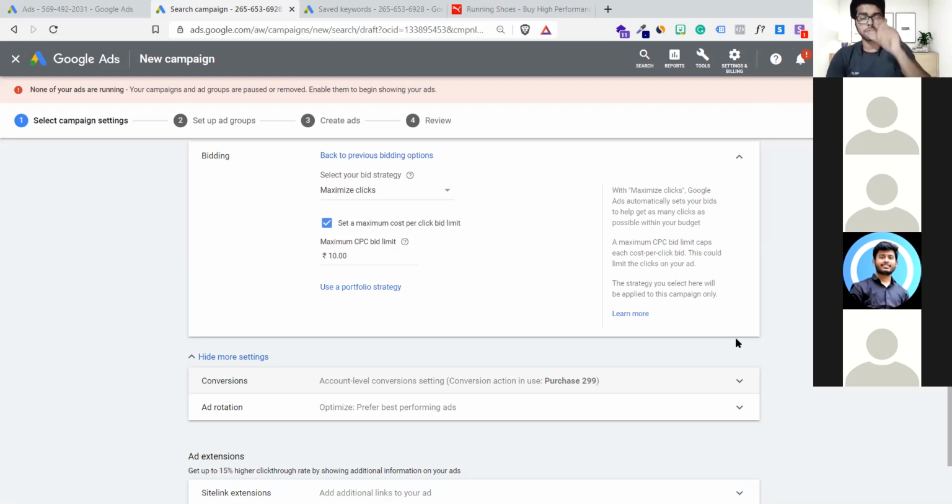So if your maximum is 60 and minimum is 6, at least you should pay 15 or 20 rupees initially to be in the market and to get some clicks. Otherwise, you'll not get them. Okay. You can start with 10 rupees and every day you can start increasing your cost per click by 2 rupees, 4 rupees. Analyze your account closely, how many clicks you are getting.